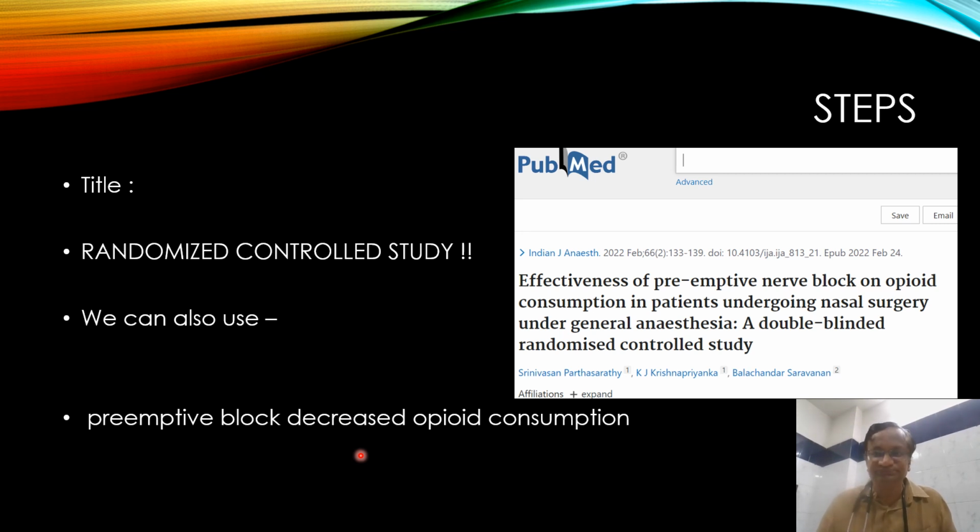For example, a structured nursing care improves pulmonary outcomes in patients undergoing gastrectomy. So, for example, this is the effectiveness of a structured nursing care. That is one side. Now, we can also say a structured nursing care improves pulmonary outcomes. Or we can say effectiveness of a structured nursing care, both are okay.